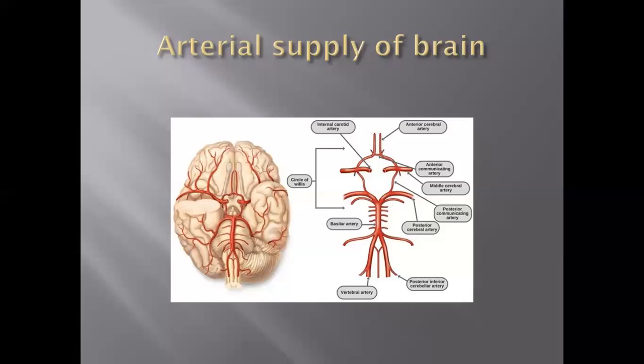The common carotids gain access to the neck, where you can compress them against the anterior tubercle of the transverse process of C6, your Chassaignac tubercle. These common carotids bifurcate at the level of C4 into an external carotid and an internal carotid. The external carotid is the true artery of the face and structures within the head and